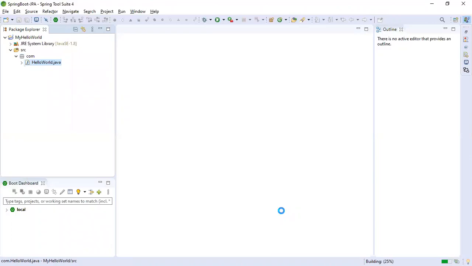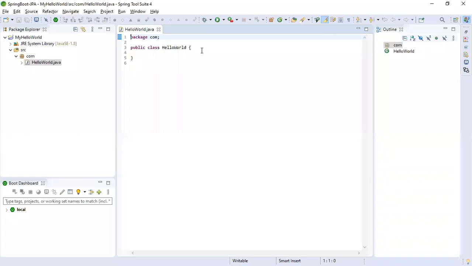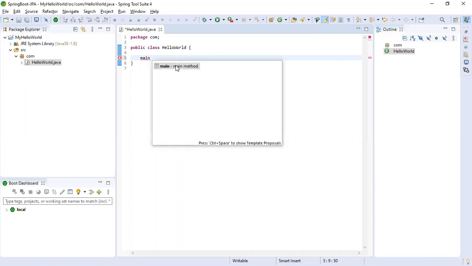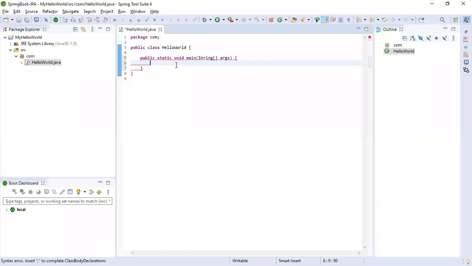In that hello world simple program, I'm going to print one simple statement. Okay, so here I'll create one main method. Then I'll put one sysout.